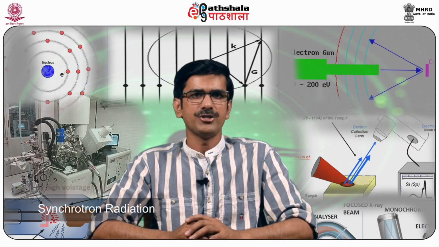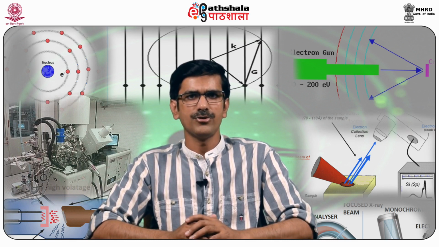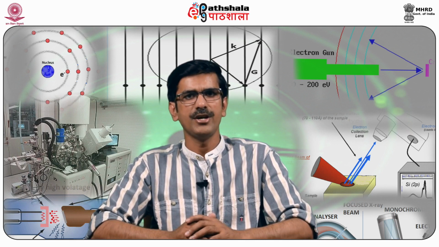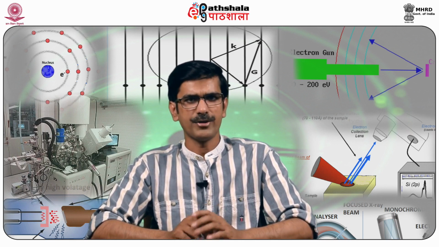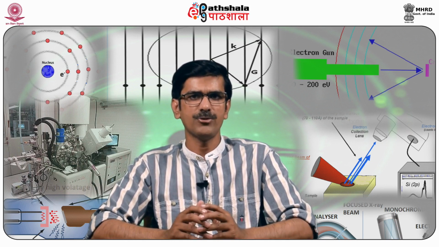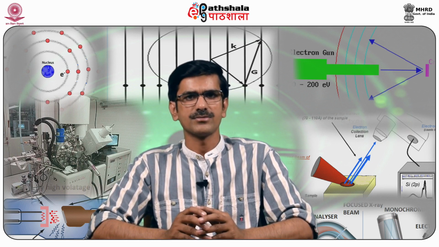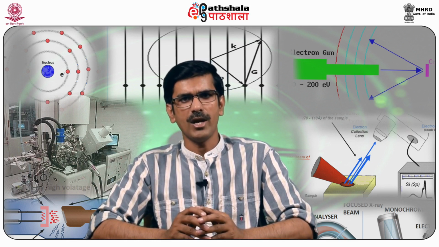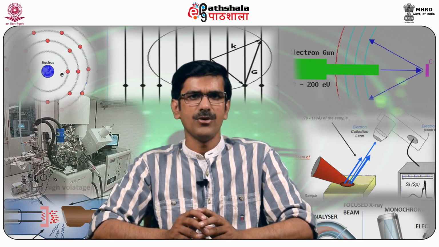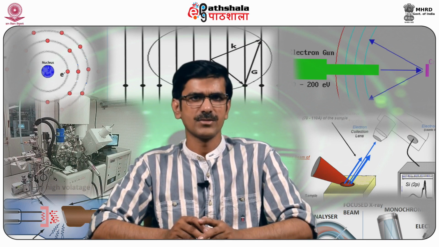The synchrotron radiation. Synchrotron radiation is the name given to the radiation which occurs when charged particles are accelerated in a curved path or an orbit. Classically, any charged particle that moves in a curved path is accelerated, and will emit energetic electromagnetic radiation. Various names are given to this radiation in different contexts.